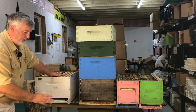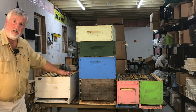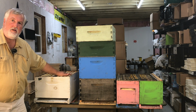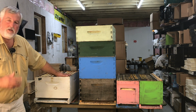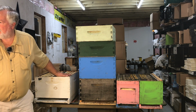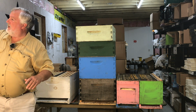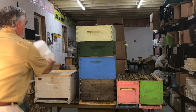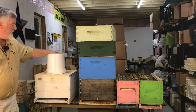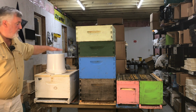So, for example, if I take this off at the beginning of September, there's typically very little honey in here at the beginning of September. Now that we're at the 14th of September, they have been starting to put honey here. But going back to, let's say we took it off on the 1st of September, well, the first thing I would do is I would make sure that I would put on, say, an inner cover here, and I'd pop a bucket feeder on right away. You have to get that feeder on immediately, because you've literally only got a day or two supply of food left in here, and they would starve if you don't get the sugar syrup on